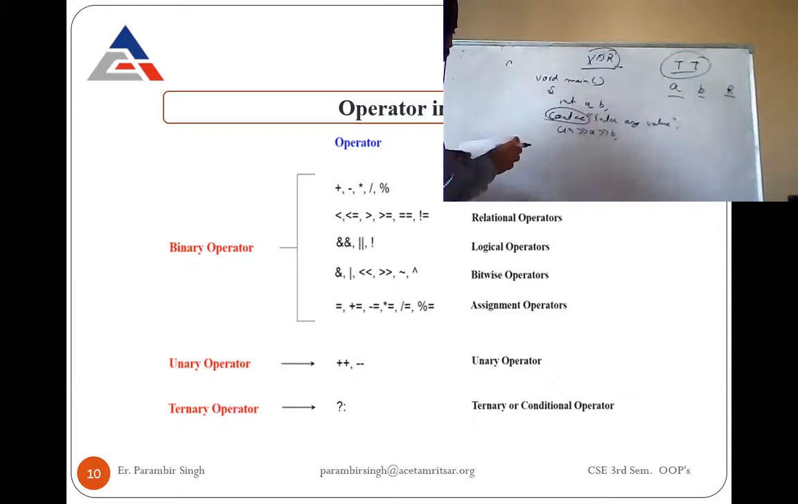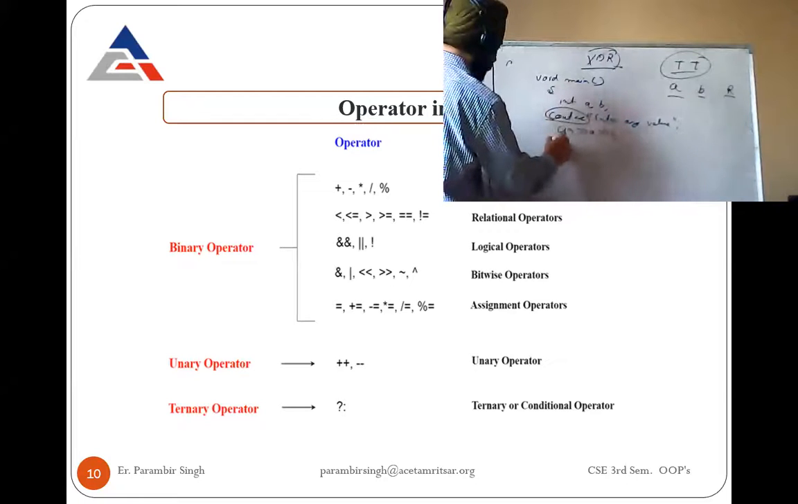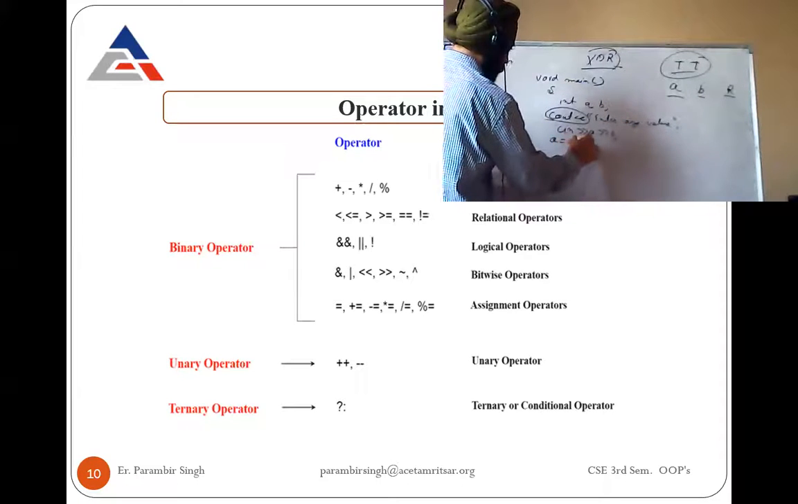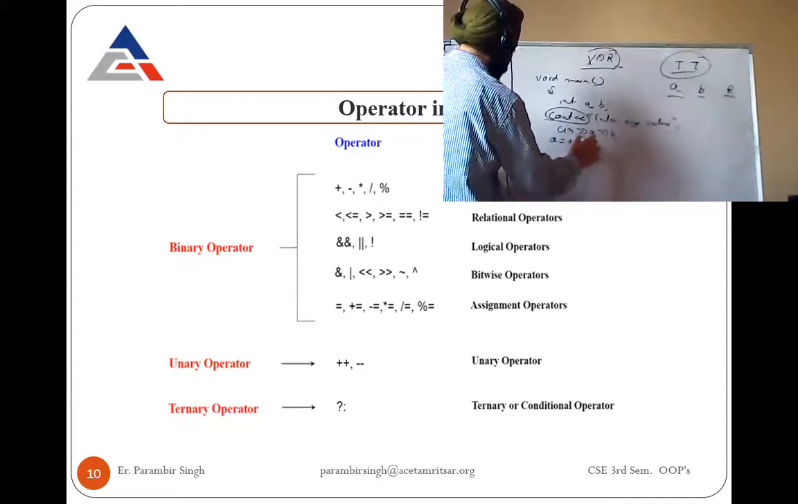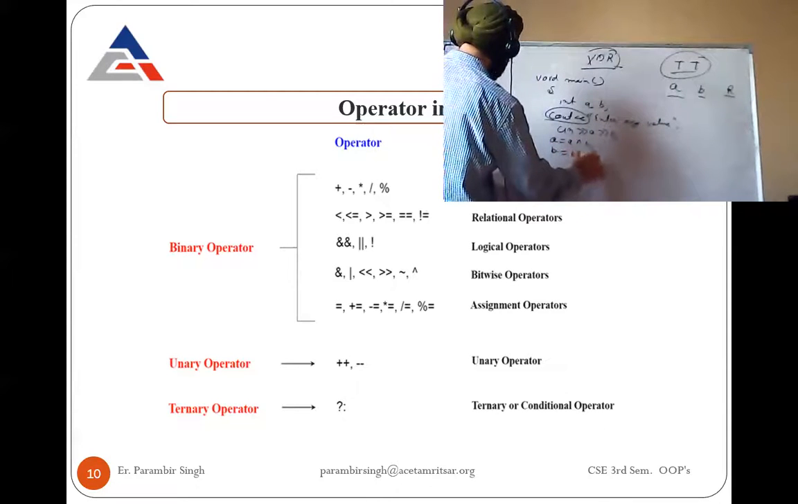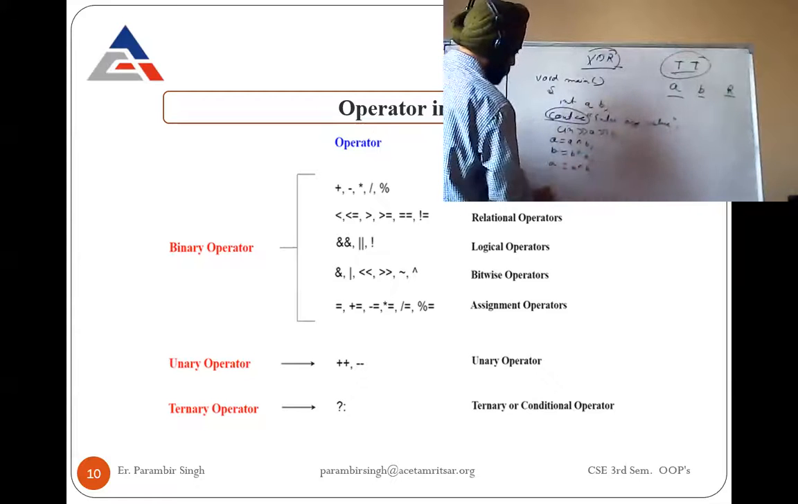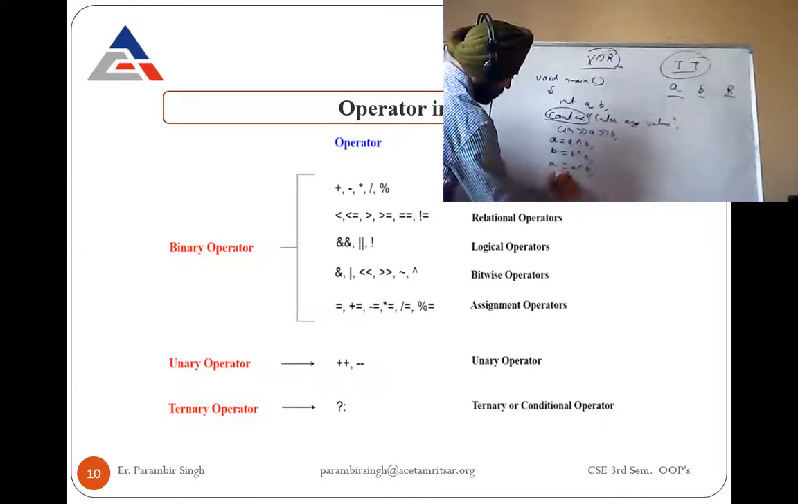Then after that, we have to apply the formula. So the formula for swapping two numbers using XOR is: A is equal to A XOR B, B is equal to B XOR A, then A is equal to A XOR B. Then after that, cout